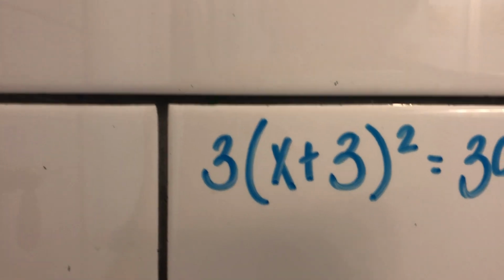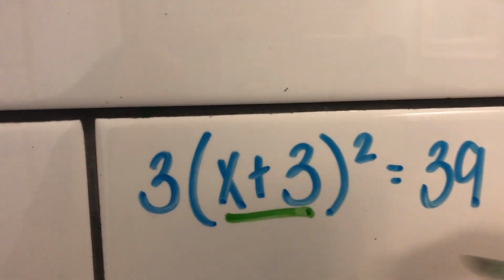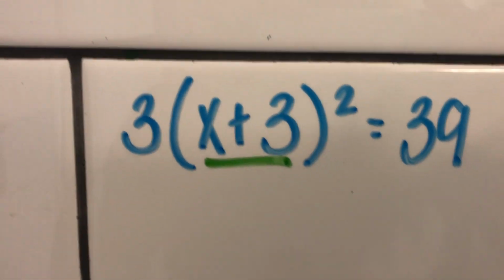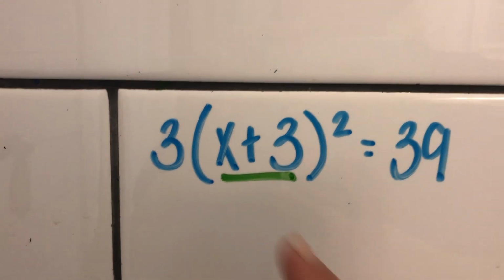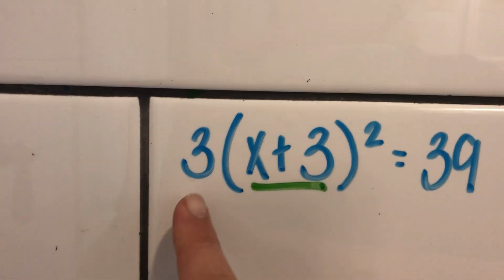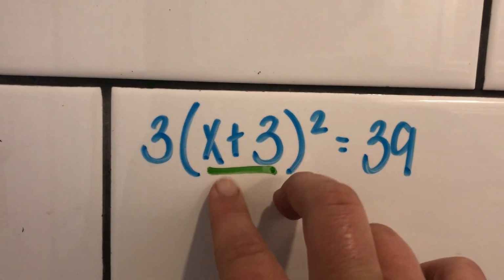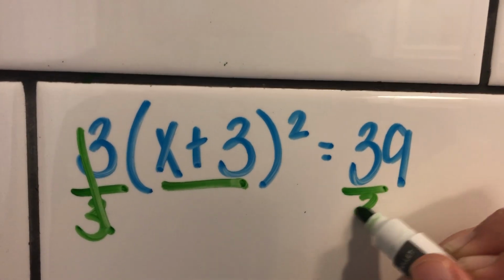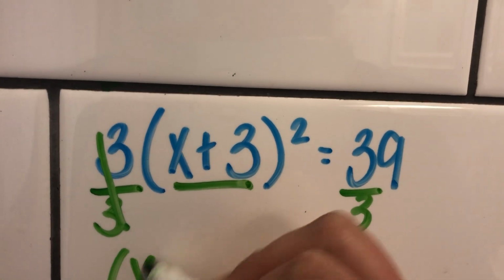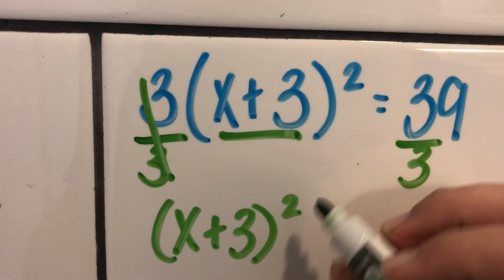So for this one, the first thing I'm going to do is think of this whole x plus 3, that whole binomial in there, as just one variable, and I'm going to isolate that. So I need to get rid of this 3, and I have 3 times what's in the parentheses there. So in order to get rid of it, I'm going to divide by 3 on both sides, and I'm left with x plus 3 squared